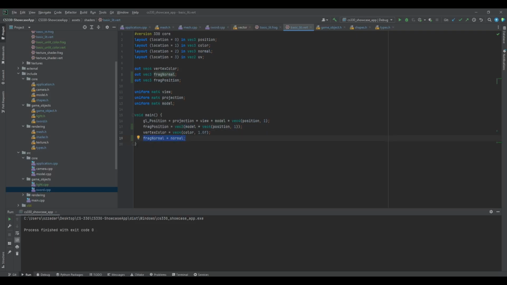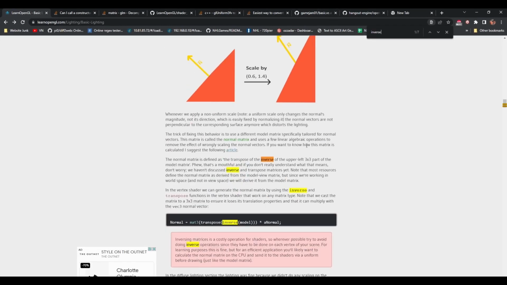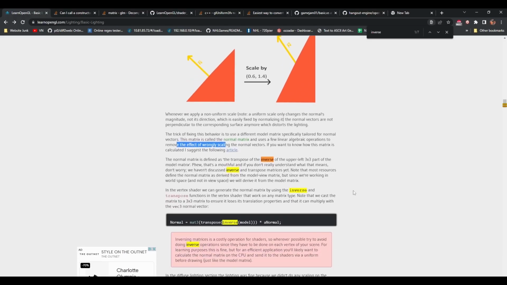Now what we need to do, I'll read directly off of Learn OpenGL and I'll bring it up so you can see here. The trick to fixing this behavior is to use a different model matrix specifically tailored for normal vectors. This matrix is called the normal matrix and uses a few linear algebraic operations to remove the effect of wrongly scaling the normal vectors. See, if you add a scale to the normal with the model matrix, it will screw up the normal as well. Now the normal matrix is defined as the transpose of the inverse of the upper left 3x3 part